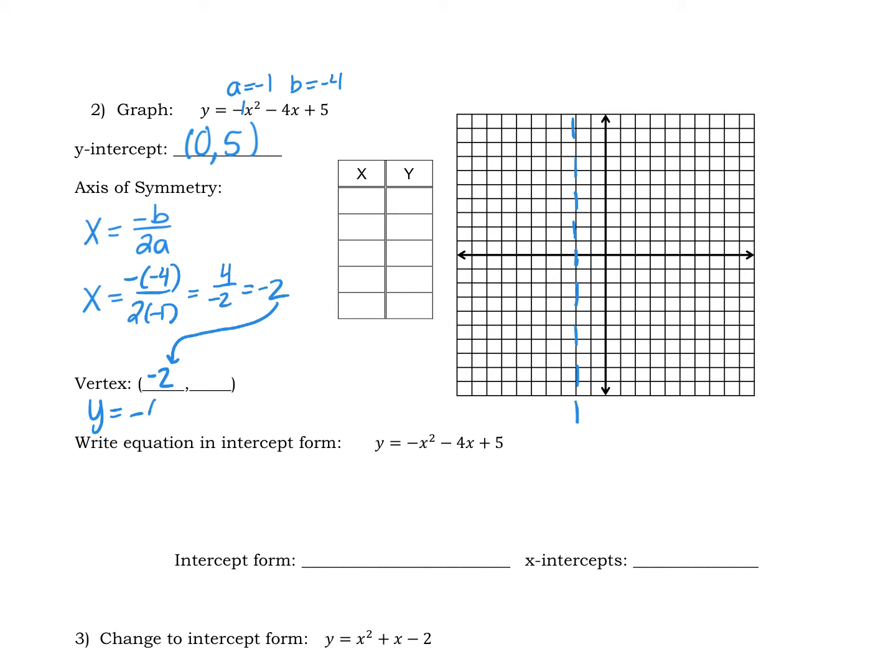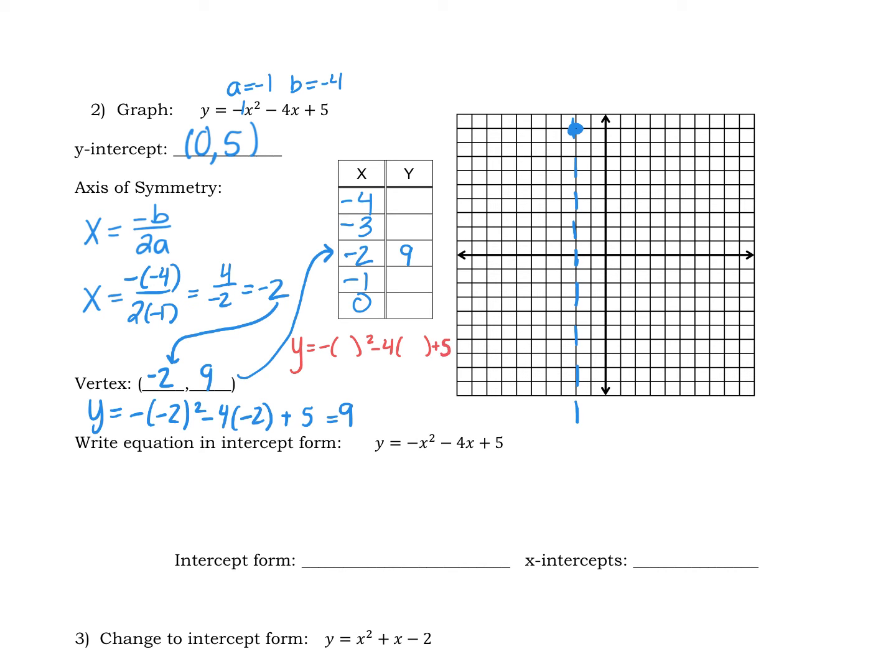So now I'm going to plug that in, and I'm going to type it in just like this into my calculator. And so I'm going to get 9. So -2, 9 is going to be right up here. I'm going to take my vertex and put it in the middle of my table. Put 2 smaller x's and 2 bigger x's. And now I'm going to plug each of those x's into my equation